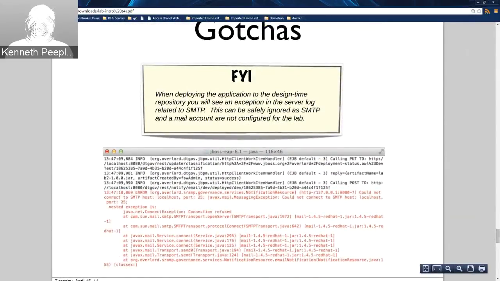All right, so the next error. When you get into Lab 2 with the design time governance, when you deploy the application to the design time repository, you're going to see an exception on the server log related to SMTP, if you're looking at the server log. The reason that's there is it tries to do a notification. Of course, there's not an SMTP server set up. But it can be safely ignored, as SMTP and mail account are not configured for the lab. Of course, you can try and set it up, but